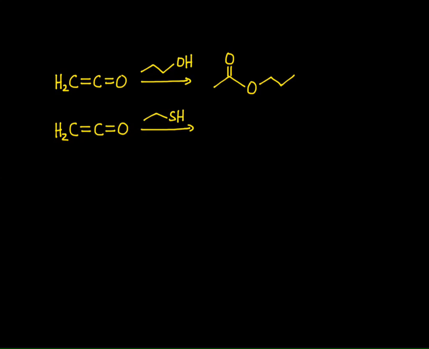And so just to take a look at a few examples here, if I take a ketene and I react it with an alcohol, right? The alcohol attacks the carbon. I form my enolate. The enolate then gets protonated, and I generate an ester. So alcohols with ketenes generate esters. Likewise, I can take a ketene and react it with a thiol. And so the sulfur, in this case, is the nucleophile, attacks the sp carbon, and I get thioesters, not thioethers,